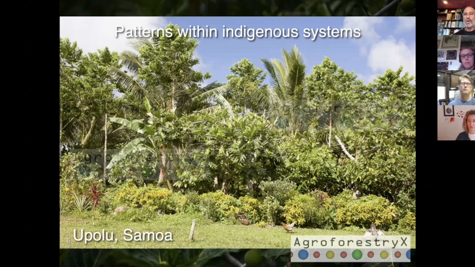What you see here are structural patterns and also species patterns in terms of occupying different layers of the agroforest. So this is a rich source of information to draw from. We might say this is a successful agroforest because it's been around for so many decades, perhaps millennia, in this way.